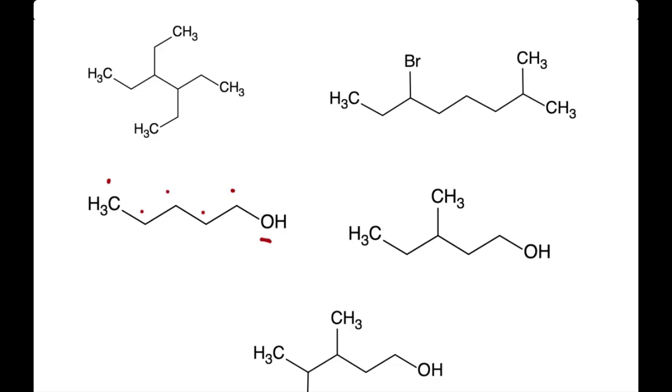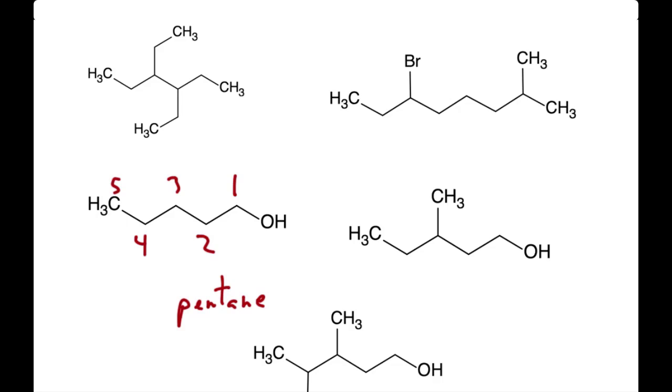Remember that this is an oxygen. This is not part of a carbon chain. So the carbon chain actually ends right here. And this is a CH2OH. And so the carbon chain actually ends at this point. So when numbering, the oxygen or the alcohol gets number 1 priority in this case. So we're going to start the number 1 right here at this carbon. 2, 3, 4, 5. And now it's a 5-carbon chain, so it's a pentane,